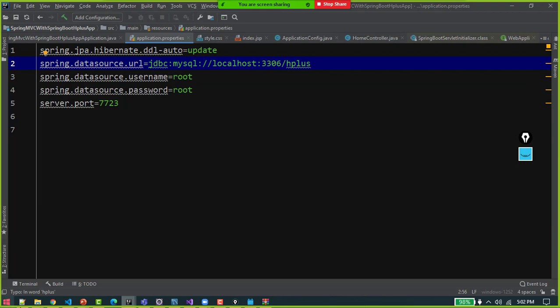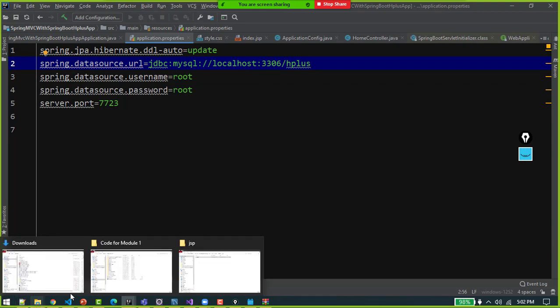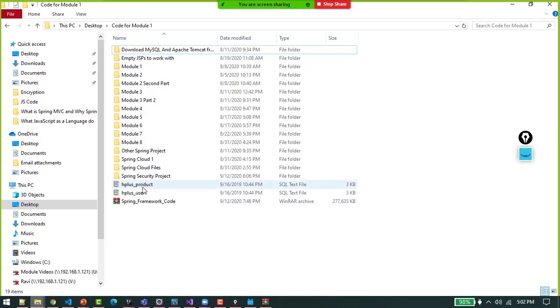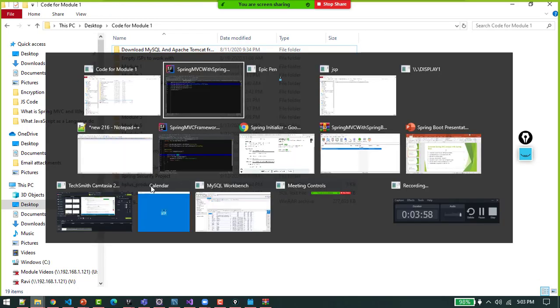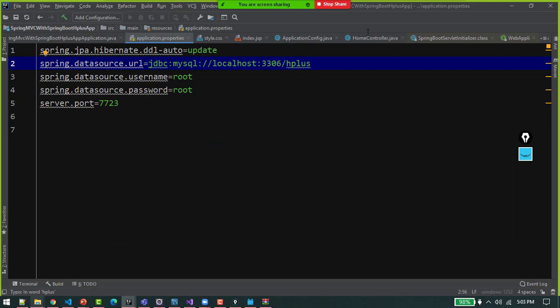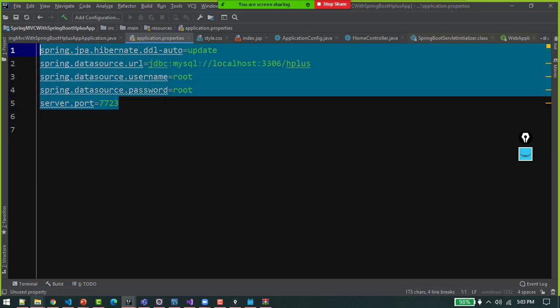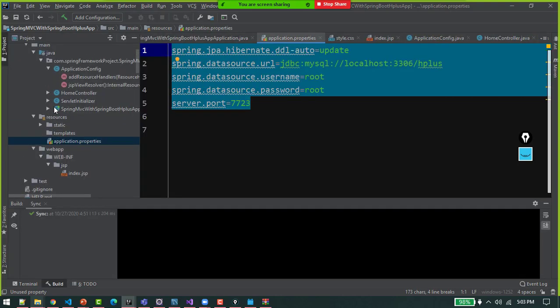If you use those same queries that I was showing you, the database will also be created on port number 3306, right? And the name of the database will be set by those queries itself. The entire database will be created by those queries. So without this configuration, the project will not come up, right? And that's it. This is what is required to create a successful Spring Boot project.